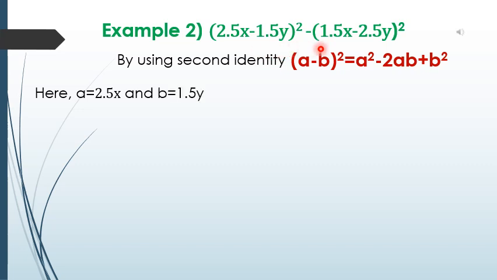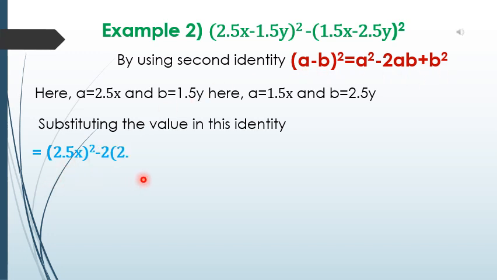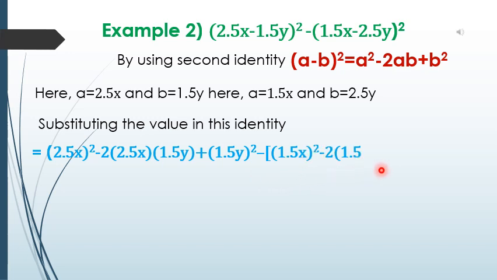And here a is equal to 1.5x and b is equal to 2.5y. Now substituting the values, which is equal to (2.5x)² - 2 into 2.5x into 1.5y + (1.5y)² - inside the bracket (1.5x)² - 2 into 1.5x into 2.5y + (2.5y)²,